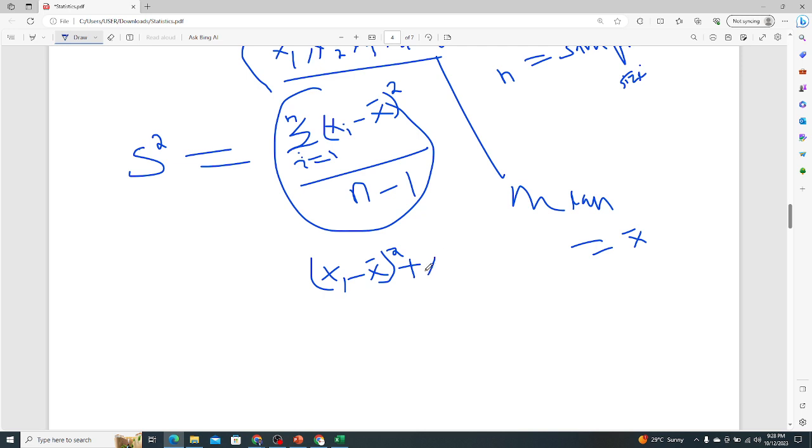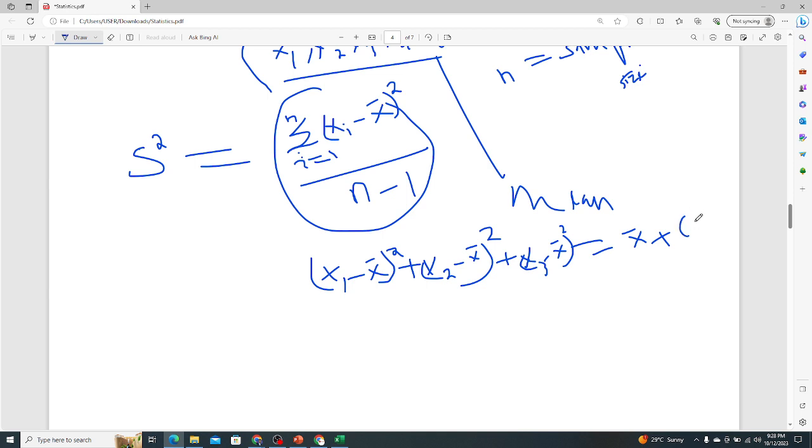So plus x2 minus x bar squared, plus x3 minus x bar squared, you also square here, up to